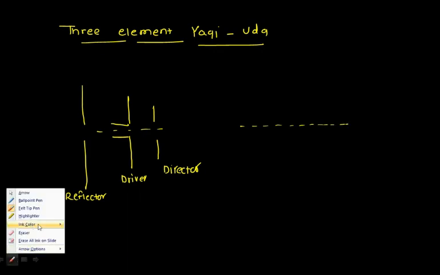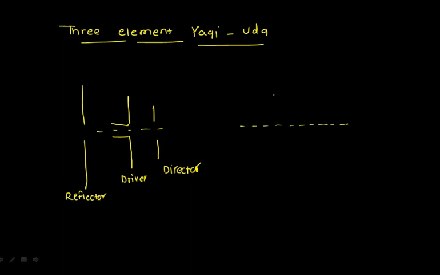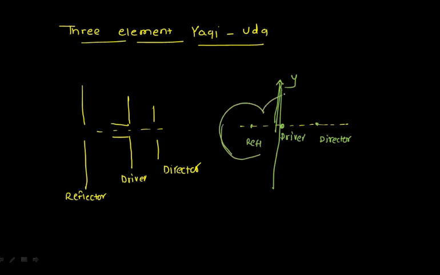As you have already seen earlier, the patterns add up. So this is my driver. I'll put the driver here, I'll put a reflector here, and what have you put here? You have put the director here. So again, this gives radiation, and I have placed my driver on the y-axis. If I'm putting it on the y-axis, the radiation pattern I observe will be of this kind. So I'll get an enhancement in my forward beam. You can say this is my H-plane pattern.